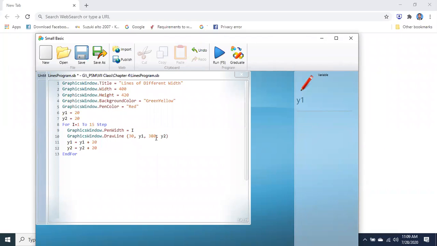Each time the length of the line will be the same, because it is starting from 30 and ending at 380. So the length of the line will be the same, and it will be drawn 15 times, because we have mentioned 15 times over here.